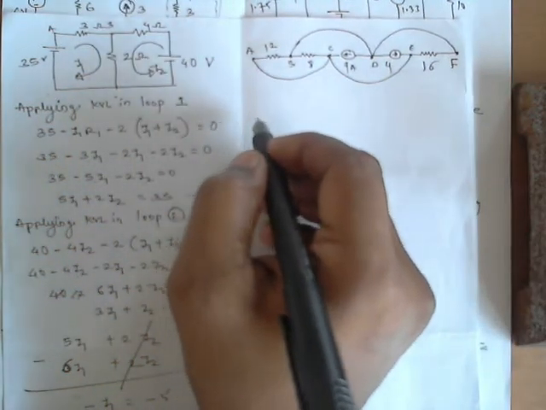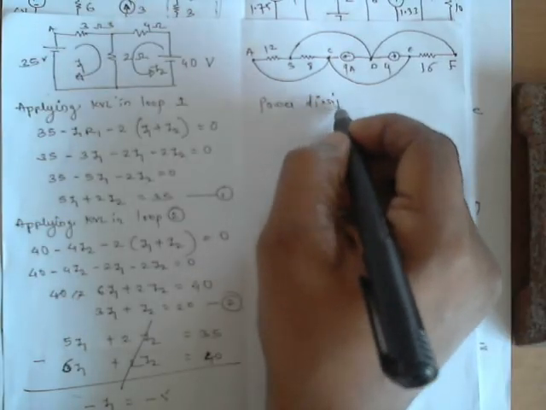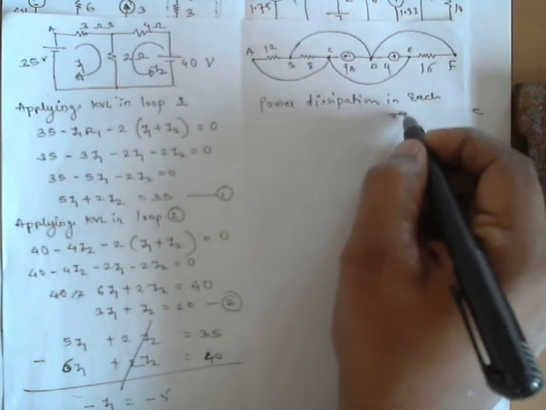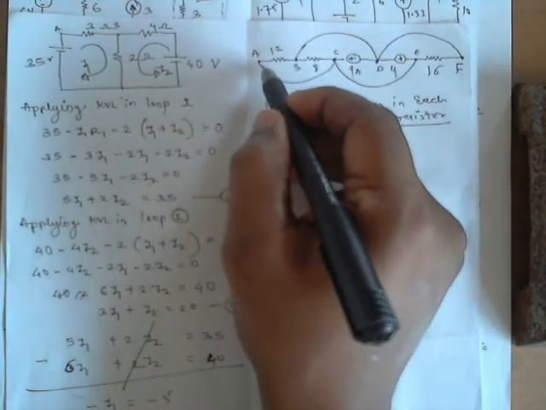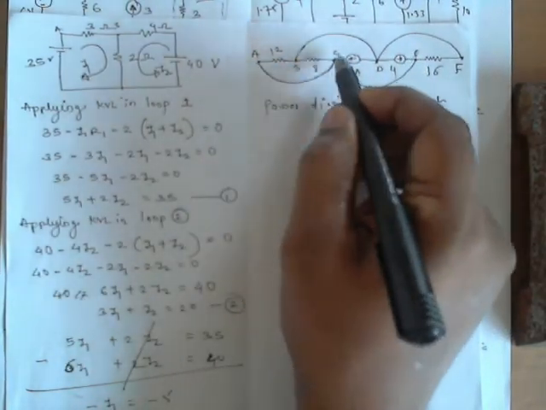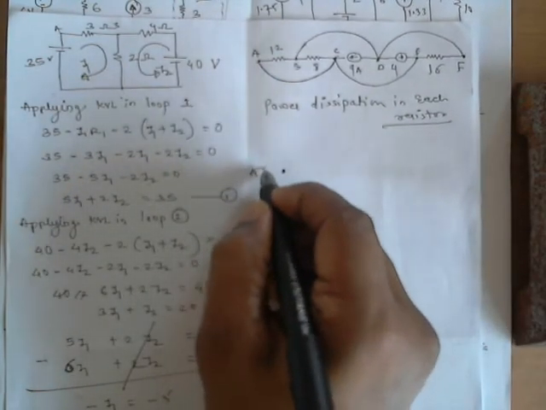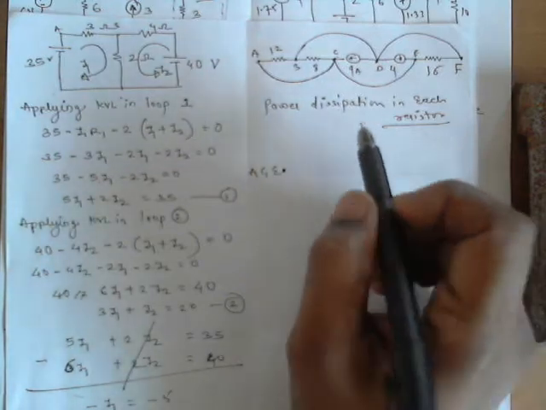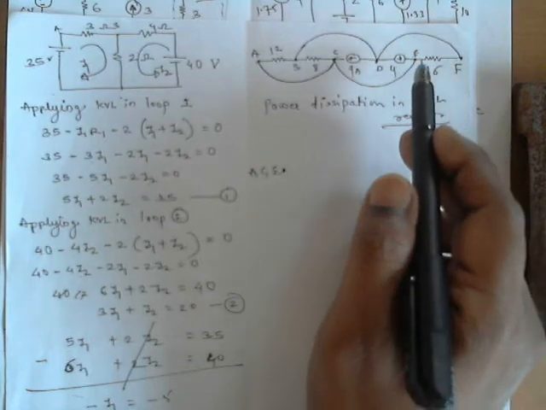And they have asked a power dissipation, means wastage, power dissipation in each resistor. Now, how to find out? First of all, try to understand this is short circuit, right? A and C short circuit. C and E short circuit. It means A, C, and E is a single point. They are creating confusion. A, C, and E are single point because all are shorted by wire. Okay. Similarly, B, D, and F are again short circuited. Okay, means those three are also single point.